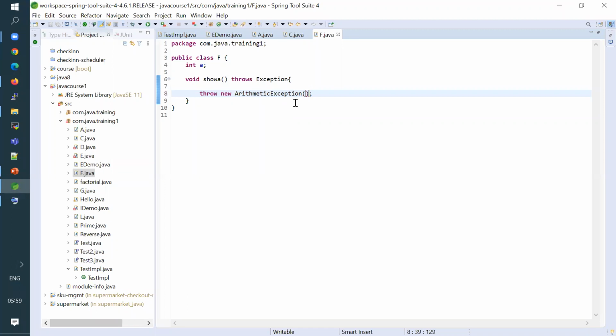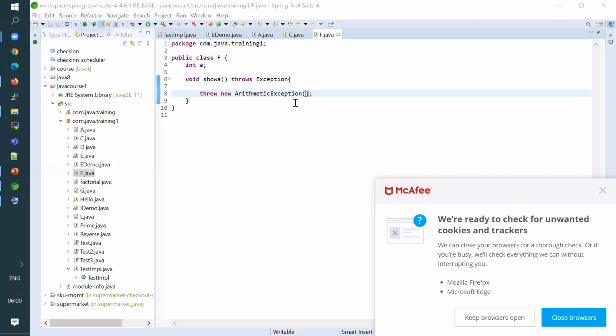Just to understand the difference, you can use throw anywhere in the program. Clear, right? Any questions?